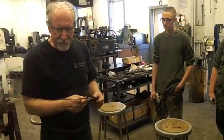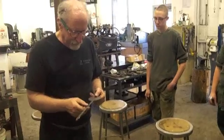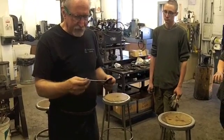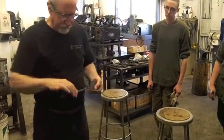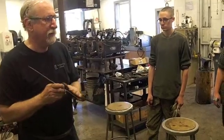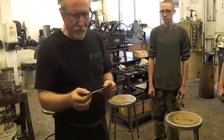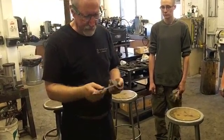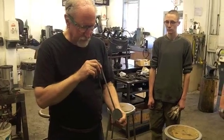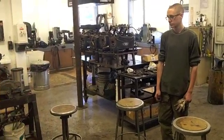So this, seeing as I beat on that some with the peen of my hammer, that's going to become my back side. So I now need to smooth this front side, the face of it. I'm not going to worry about the bowl area. That's going to be left black. But we do want to smooth up this. And having determined that one side is to be smooth, polished,